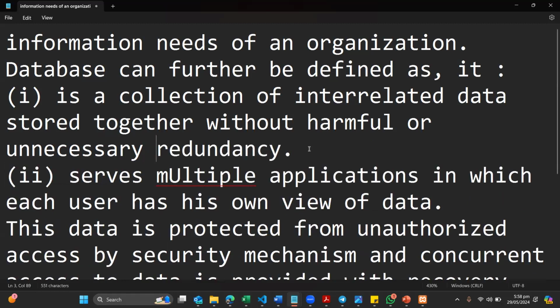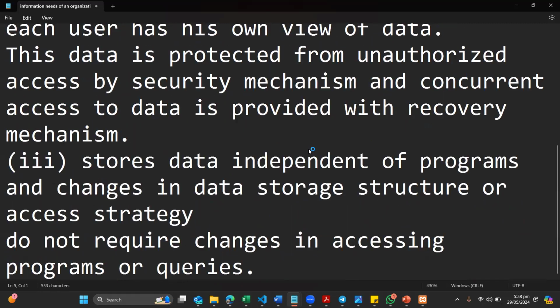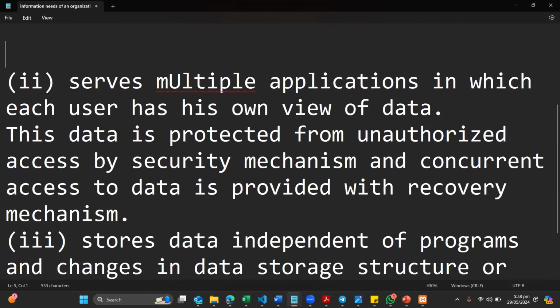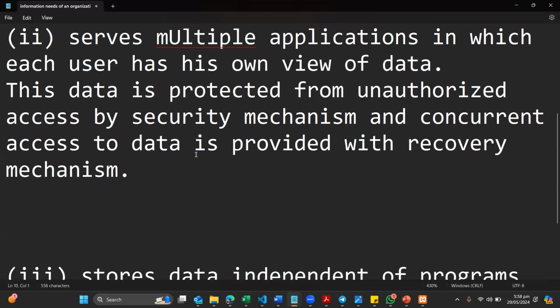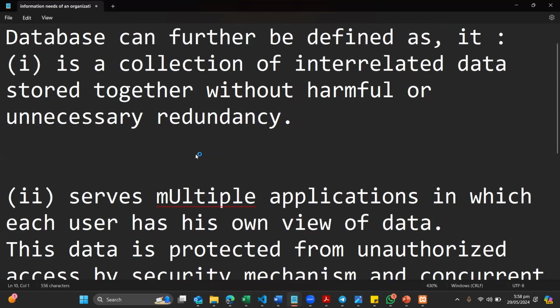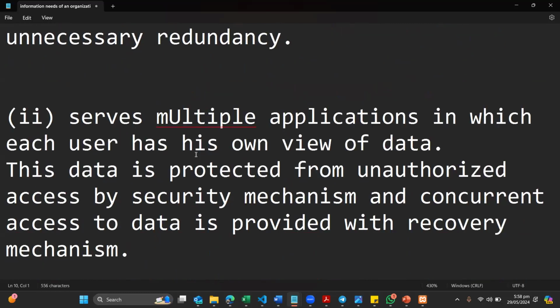So we can define a database to an organization as this. Or we can say to an organization that it serves multiple applications in which each user has his own view of data. This data is protected from unauthorized access by a security mechanism, and concurrent access to the data is